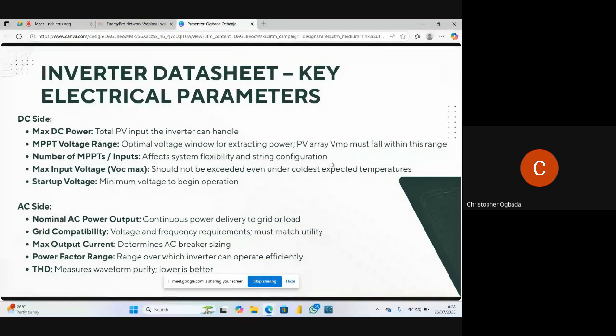I've seen in most cases where someone has invested a lot of money and is not even getting the outputs, because what you have there cannot fully, optimally convert the things that you have on the roof. You don't take into consideration the maximum PV power for the inverter. When you know the maximum PV power for the inverter, then you know how many panels it can take. If you want to achieve this number of PV array on my roof, then you have to check the maximum PV power of different inverters to see which one actually matches what you want to get.